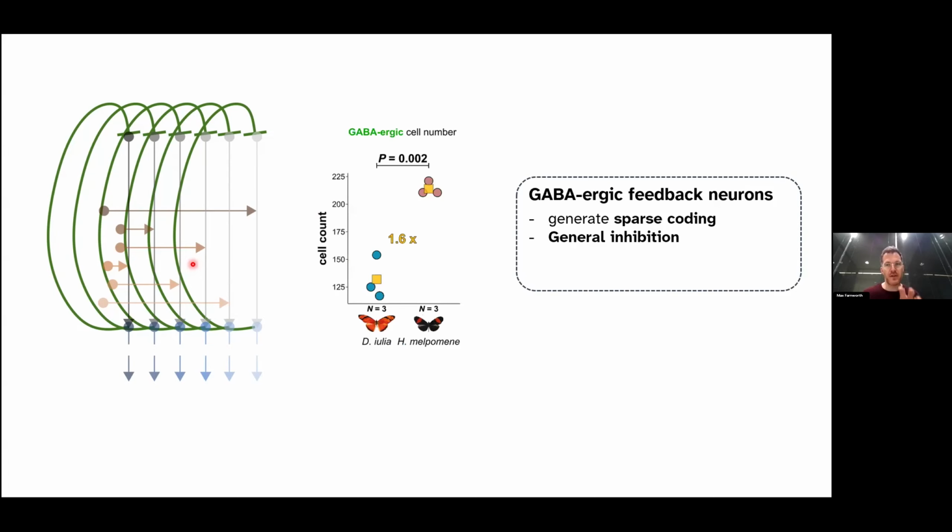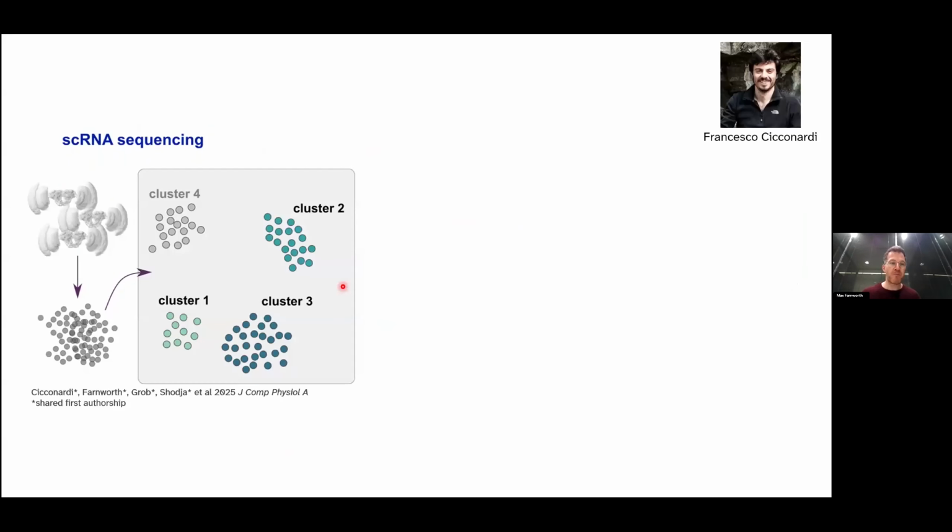And these feedback neurons are another group of cells that seems to be adaptable, it seems to be changeable, because we have many more of these GABAergic feedback neurons in the pollen feeders in comparison to the non-pollen feeders. So this is an adaptable, but it's also an experimentally accessible cell population, right? This is a non-model organism. We don't have a million transgenic lines, right? We have a few antibodies that work, and then we hope for the best, basically. So this is a way of having a cell group that's experimentally accessible.